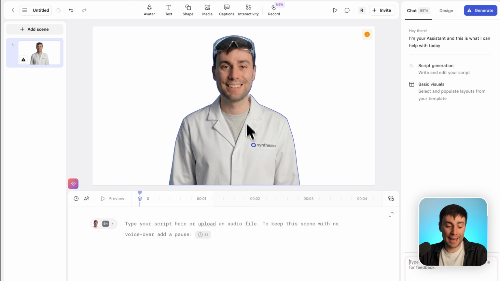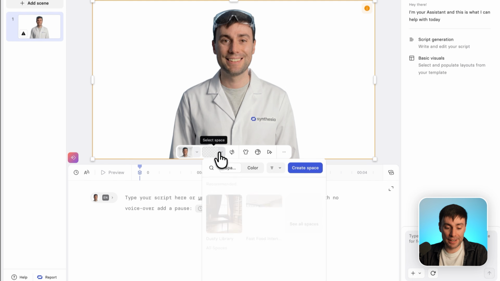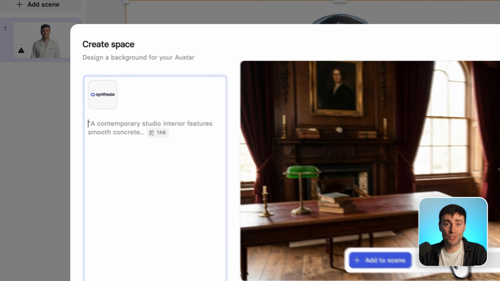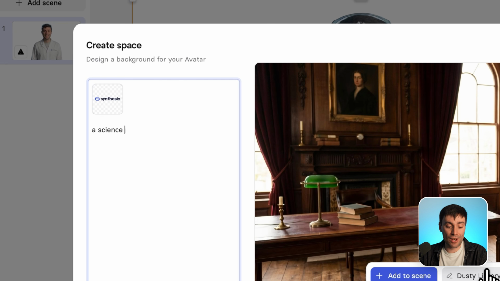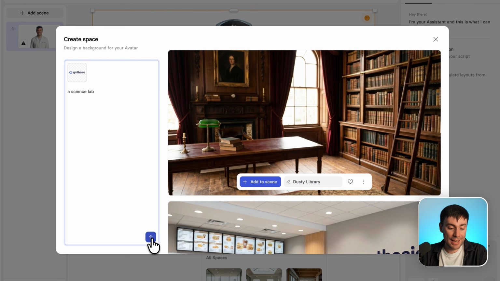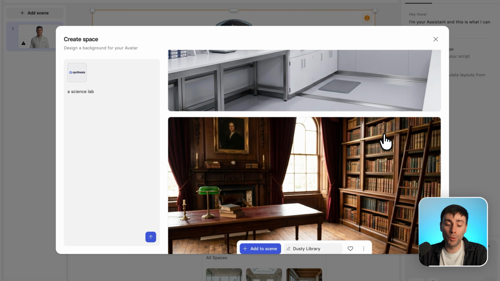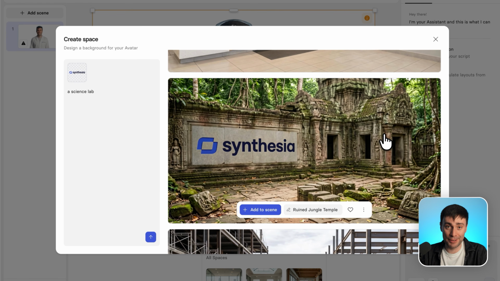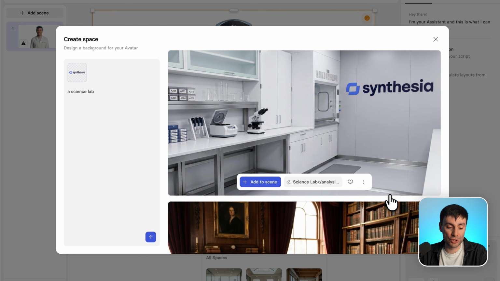On the canvas, select the avatar, open up the spaces menu, and hit create space, where I can now add a location prompt in the same way as I did with the outfit. So I want to see mine standing in a science lab. Hit generate, and all of the outfits and locations will be saved in this list right here, so you can access any of them at any time. But I'm obviously going to use the one that I just generated, so I can add that location to my